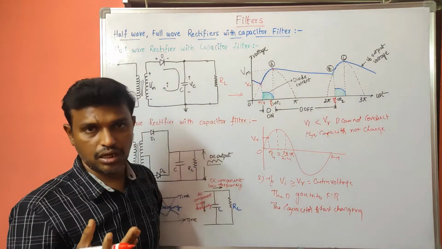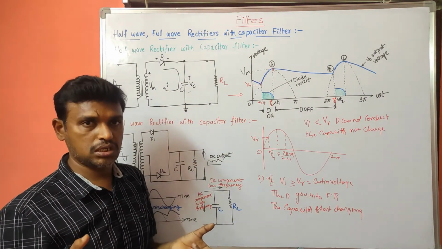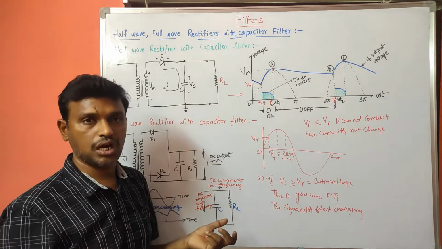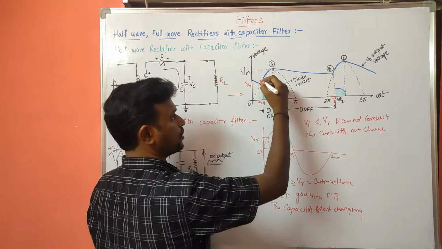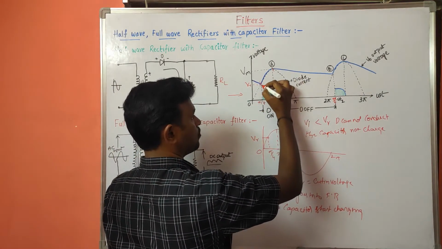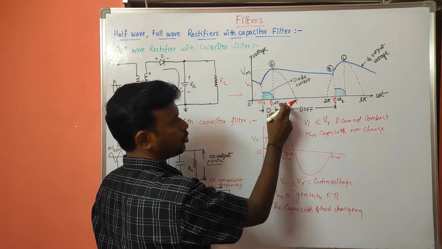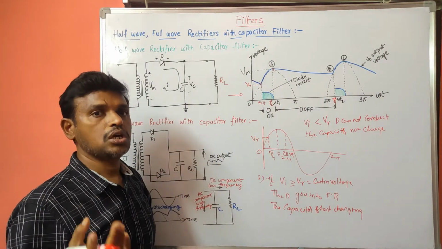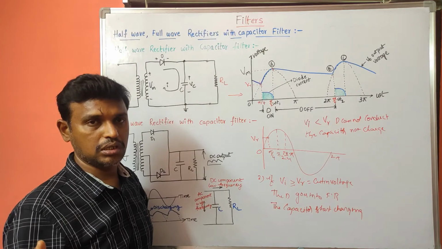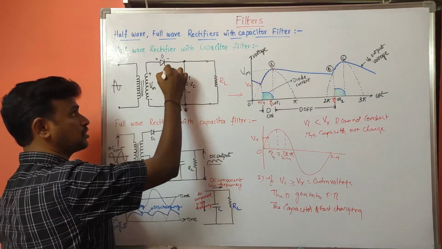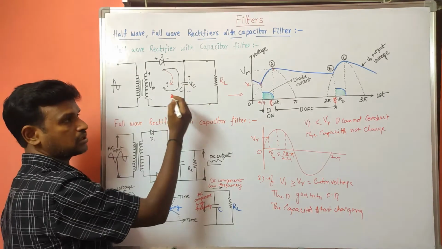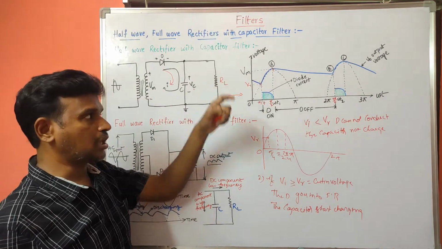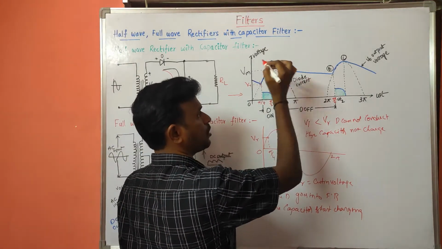If Vi is greater than or equal to V gamma, the capacitor will start charging, because the diode goes into the forward bias condition. So the capacitor will charge. The charging of the capacitor I am showing here is from this part to this part. From pi by 4 to pi by 2, the applied input voltage is greater than the cut-in voltage. So the diode goes into forward bias, and the current flows in this loop. So the capacitor charges to Vc, that is the capacitor voltage. The capacitor is charging up to this point also.